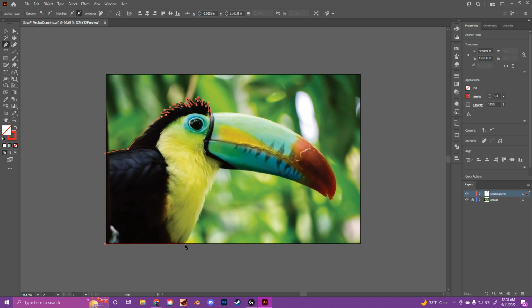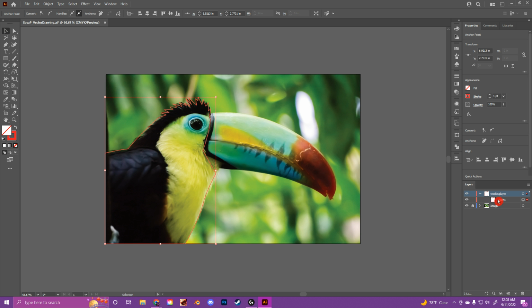And just want to make sure. Yeah, this will be fine because I'm going to end up fixing it later anyway. And I'm not too worried about this part, guys, because we're going to use yellow to cover it up. Okay, so once you have a general outline done like this, on your layers panel, hit